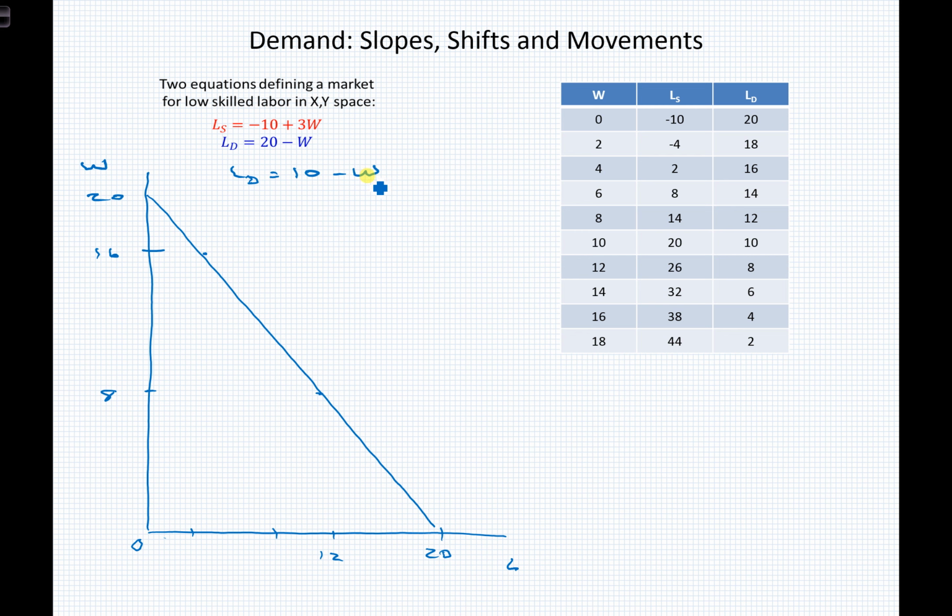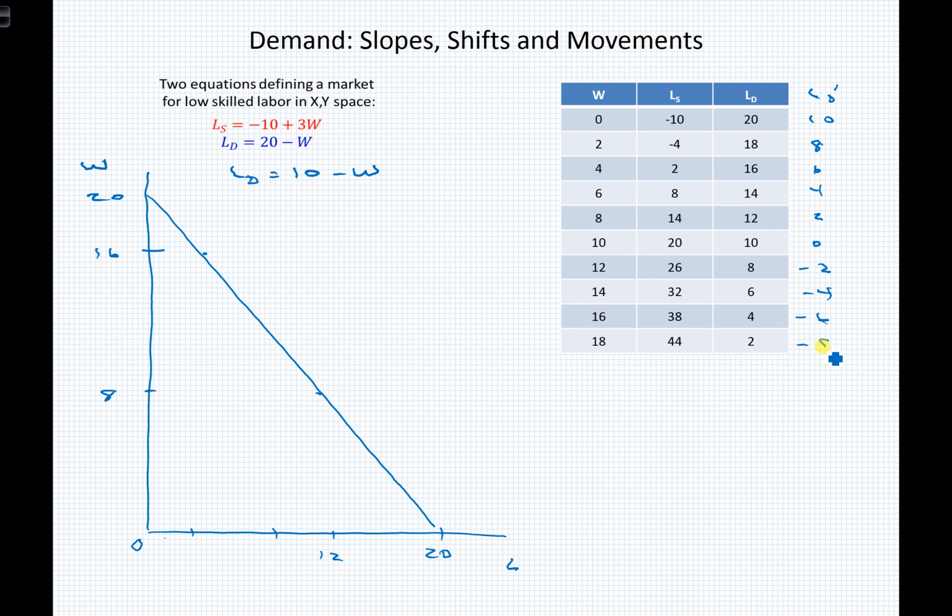So think about this: when the wage is equal to 0, what is labor demand equal to? Well, labor demand is equal to 10. So let's restructure our labor demand column here. We'll give it another column, LD prime, let's say. And when the wage is 0, the labor demand is 10. When the wage is 2, labor demand is 8, and then 6, 4, 2, 0, minus 2, minus 4, minus